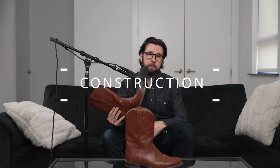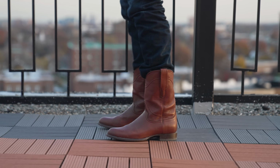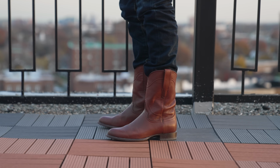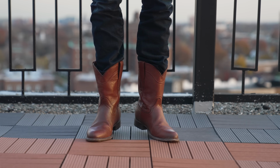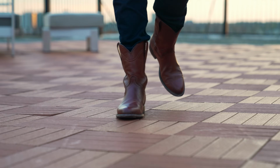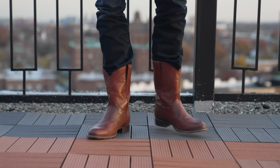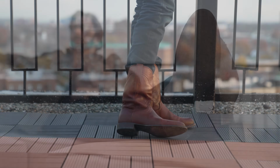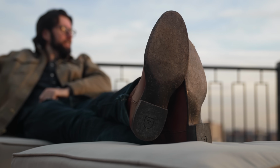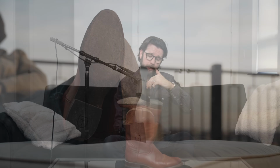The Earl is built in a fairly traditional cowboy boot fashion with a slim shaft relative to a more fitted toe box that pinches towards the middle of the foot. The lining is a smooth cowhide with the footbed liner made from a similar hide in combination with a little bit of EVA padding underneath that heel for improved comfort. From there, the sole is constructed with a combination of stacked leather, cork, a metal shank with a sort of flared plastic coating on it, resulting in this slight fiddle waist shape underneath the boot. Along the waist, you'll notice that there's actually double rows